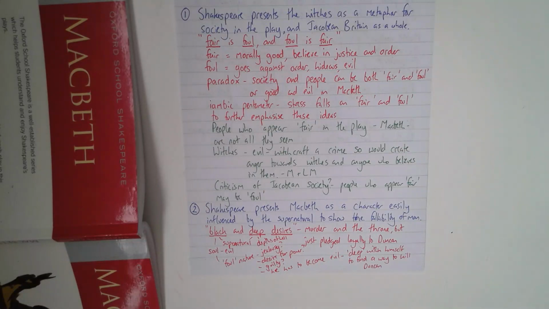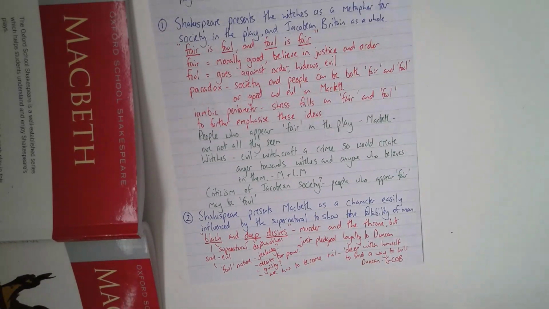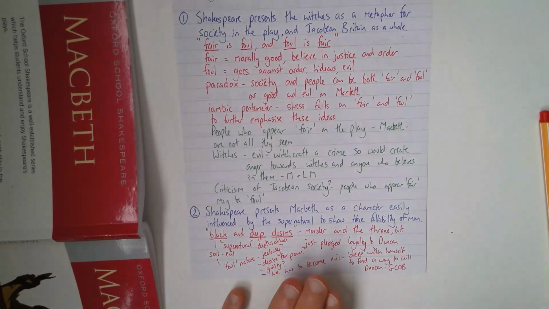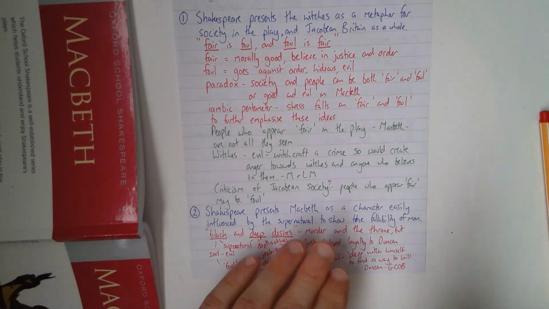Duncan is a good man and a good king, and Macbeth is the opposite of this. And also, we talk about this idea he's going to have to overleap the great chain of being as well. He's going to have to find a way deep within himself to overcome Duncan, but also just to murder somebody who has been good to him as well. This idea requires a depth of personality or character, but also a depth of soul searching really to find the necessary things to do that. Murdering people doesn't come naturally. It's often an evil response, and Macbeth has to change himself as a character to do this,